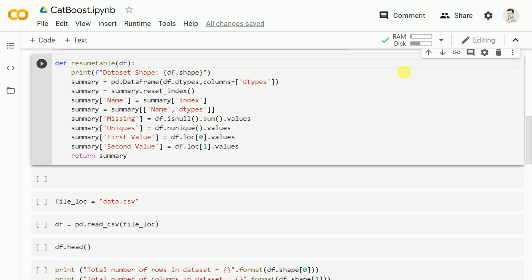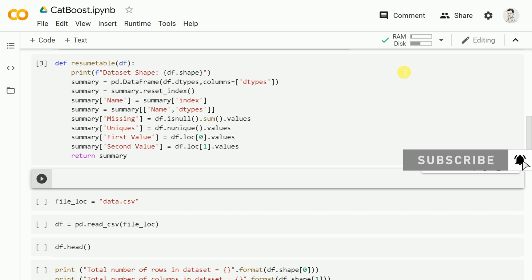Now that I've imported the necessary modules, I'm also importing a necessary function that will help me give a clear summary of my data frame. I'll explain the output of this function once we reach this point. Right now I'll move forward and import the function that we have. Now the file that I'll be playing around with is data.csv, which is a simple file, and the problem that I'm trying to solve is a classification problem.